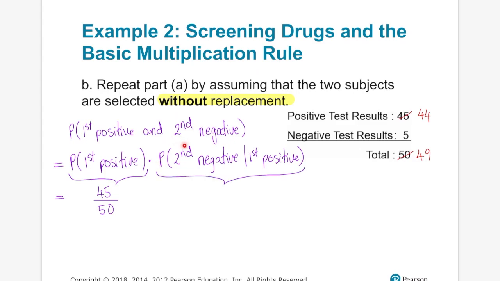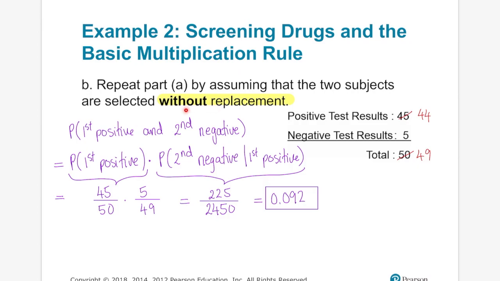Now, I want to find the probability that the second person has a negative test result, given that the first person had a positive test result. So the first one was already taken out. The probability of the second person having a negative test result is 5 out of 49. So I have 225 divided by 2450,